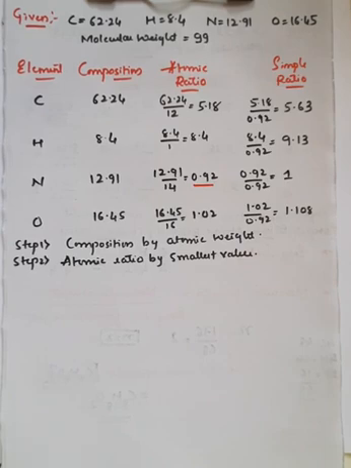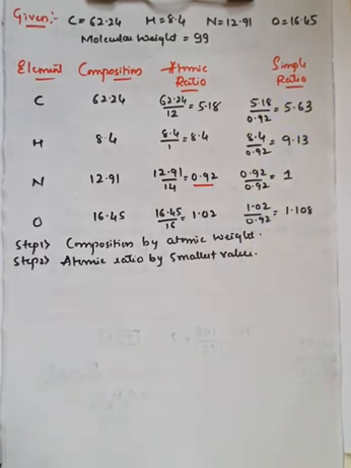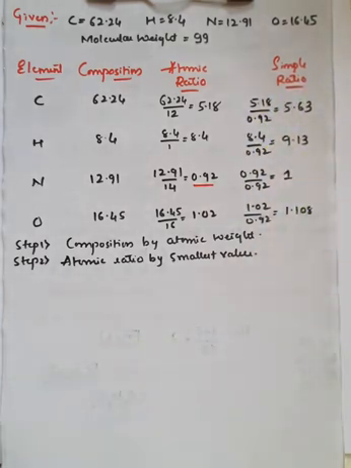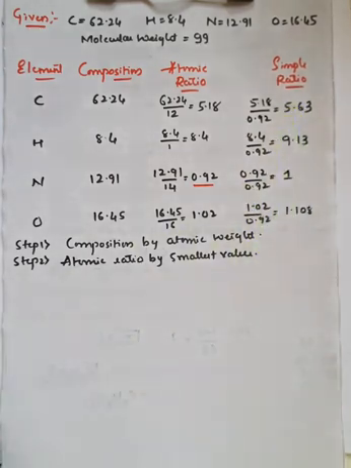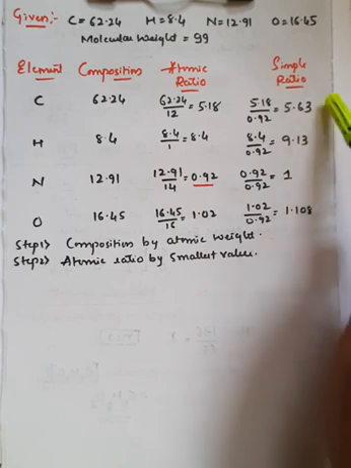So here we got the ratios in the form of decimals, and we can convert them into whole numbers. These ratios can be taken in terms of whole numbers. It is 5.69, and I can take it as nearly equal to 5. Whenever you get decimal values, you can take them as a whole number.